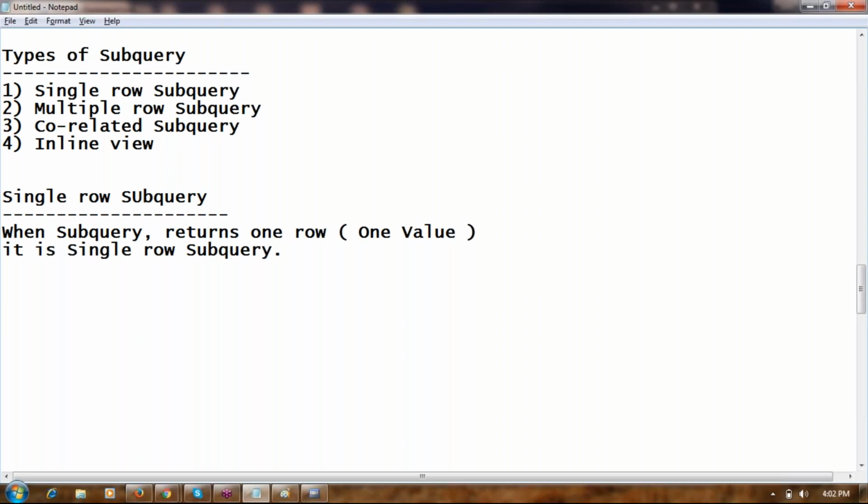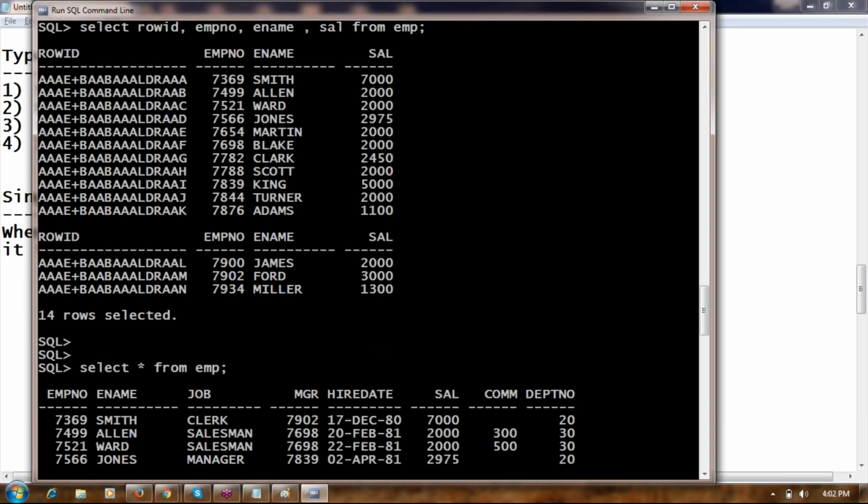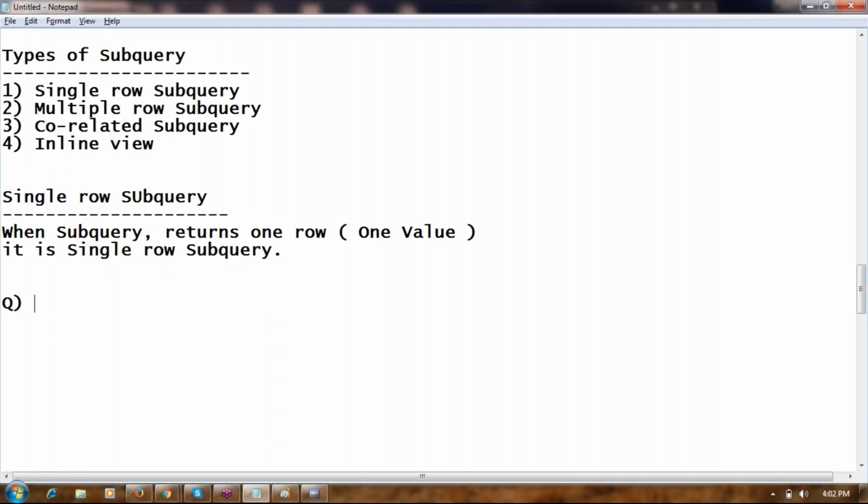For example, let's try to understand. Look here. My question is to display the rows of employees who have salary greater than 1600.